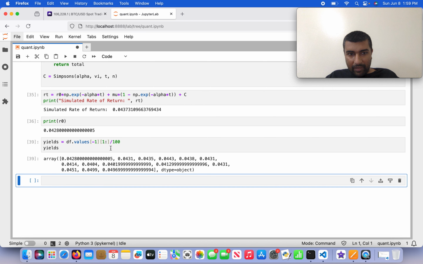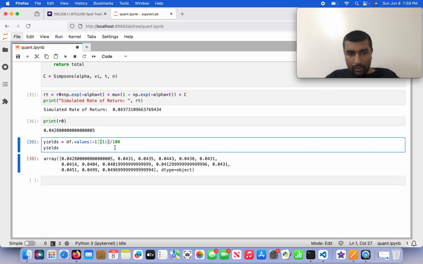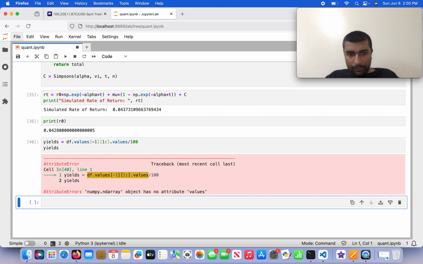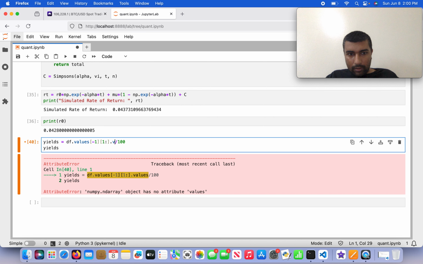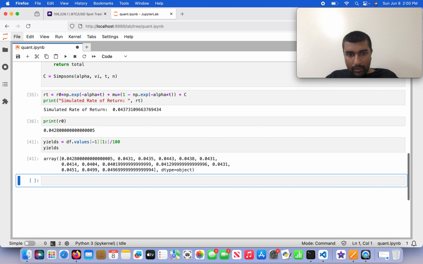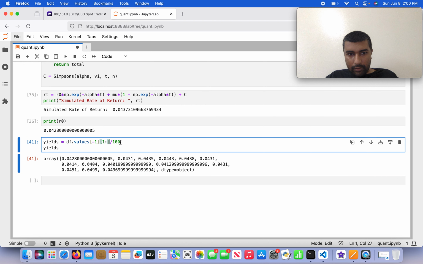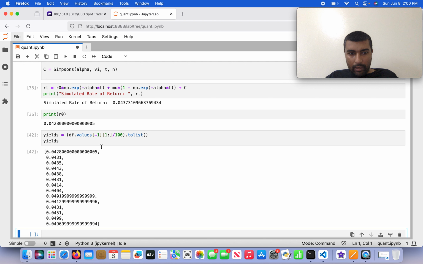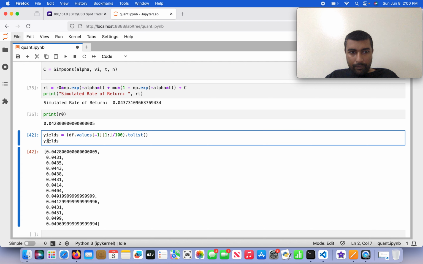No, .values actually. NumPy ndarray has no... Okay, I'll come here and just do this all as .tolist. Okay, good. So now that I have that,